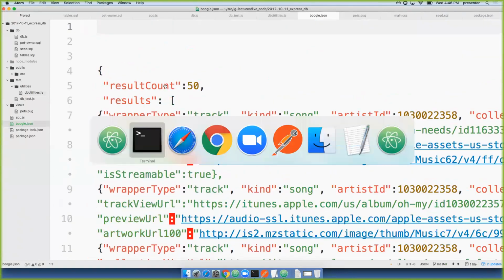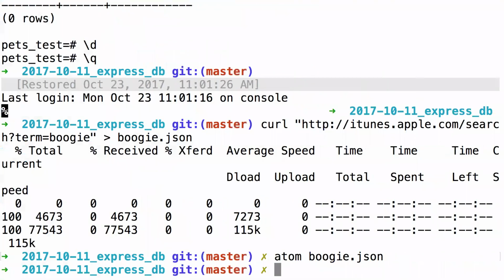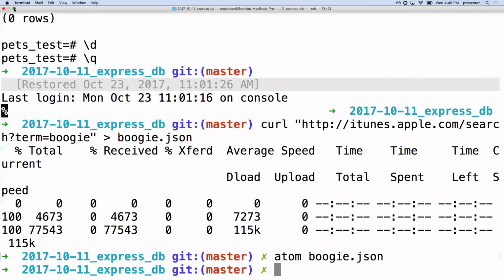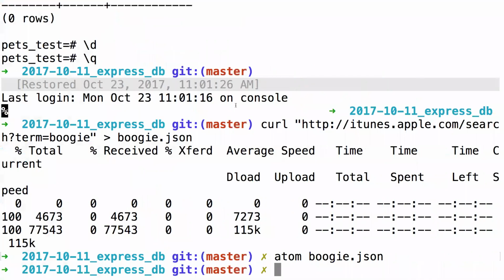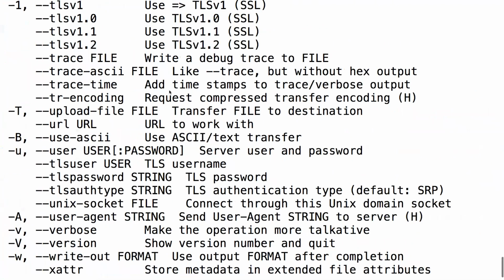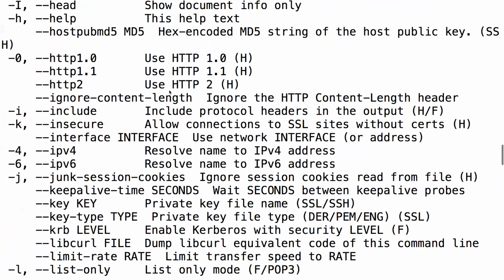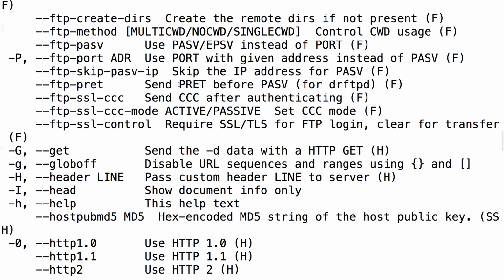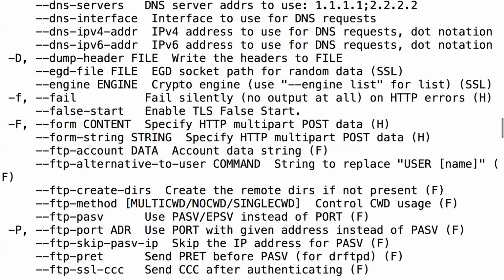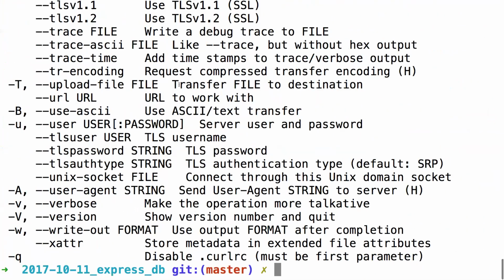And with curl, there are other options. For example, you can pass headers. There are other ways that you can get it to show you the headers. So, curl, and